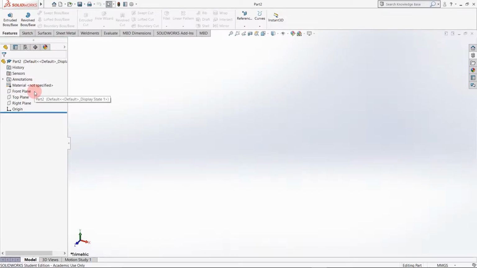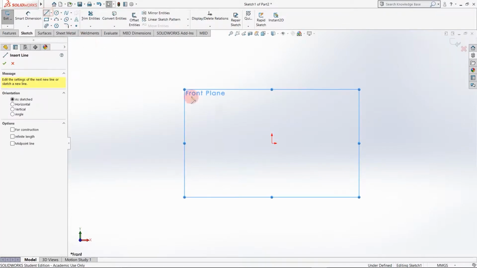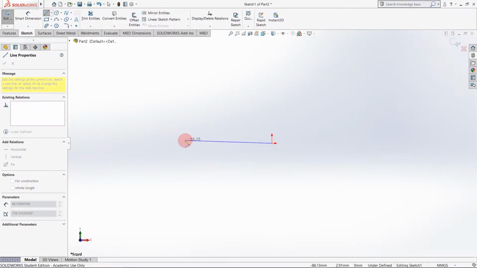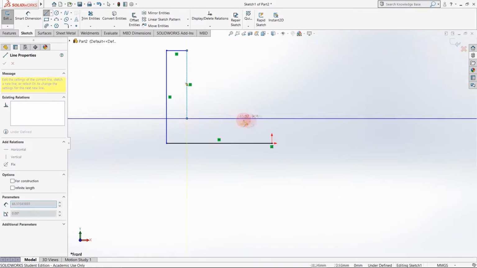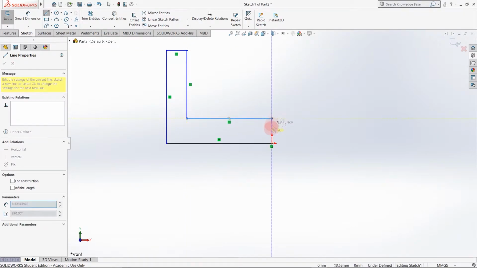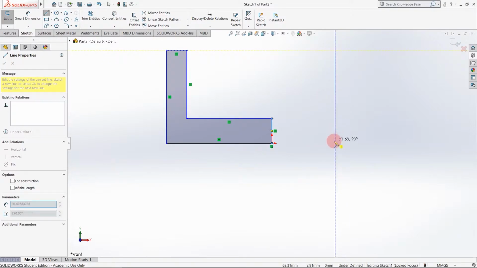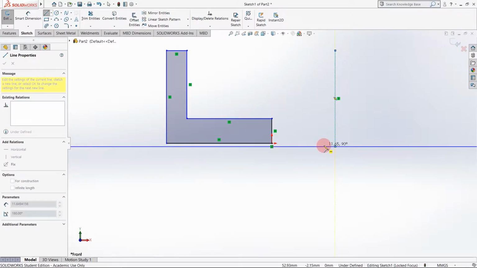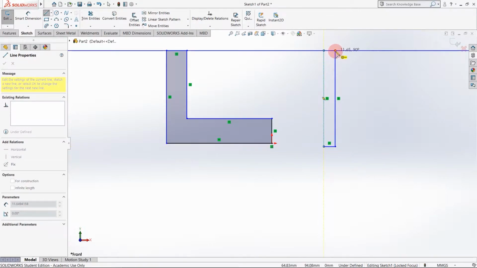First of all I am going to simply sketch one geometry here. So these are the two geometries.